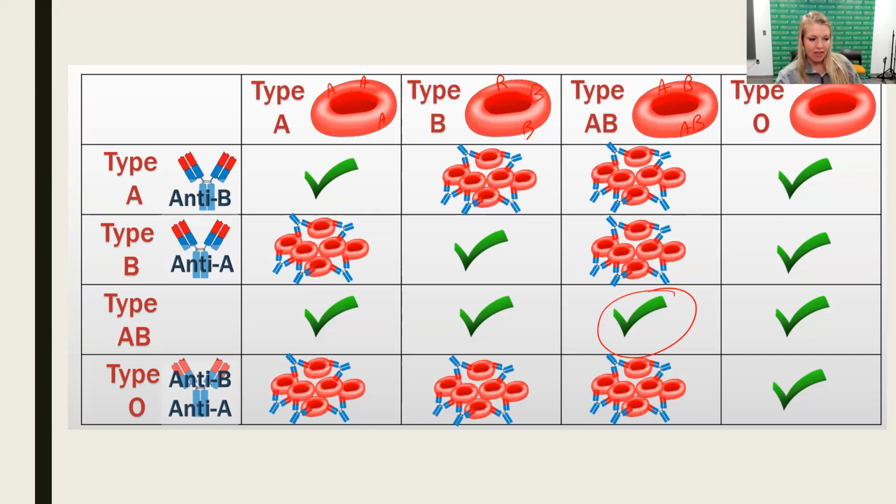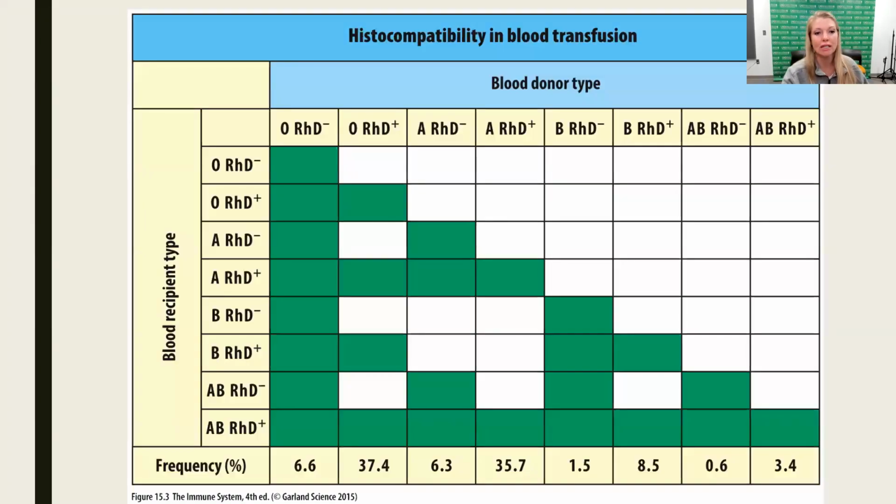But let's throw in the fact that ABO is not the only antigen on the surface of red blood cells. Another major one is the Rh factor. So when we say somebody's A pos or O neg, right? We're referring to the Rh factor, whether they're negative or positive for the Rh antigen. Rh stands for rhesus. Anyway, it's the other big antigen that we are most concerned about when looking at blood